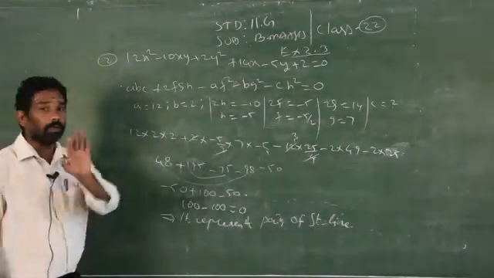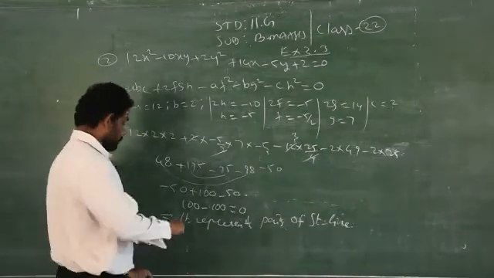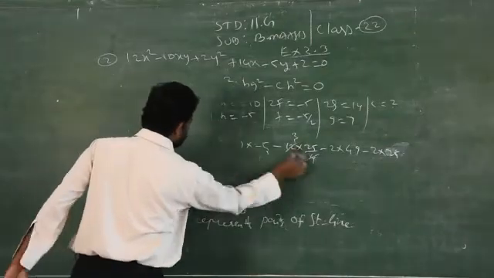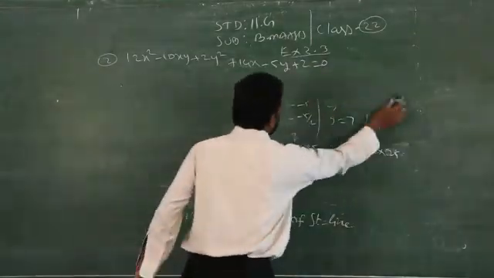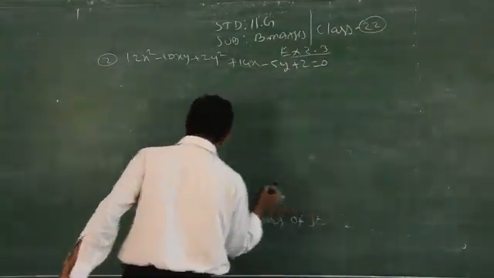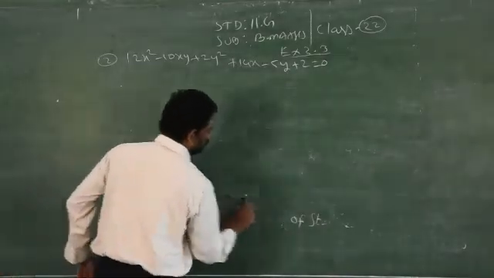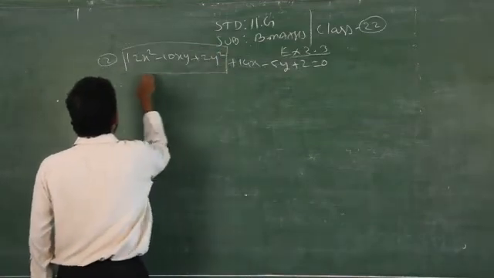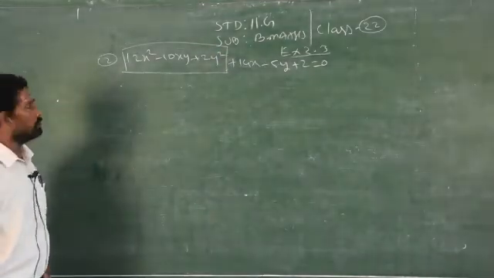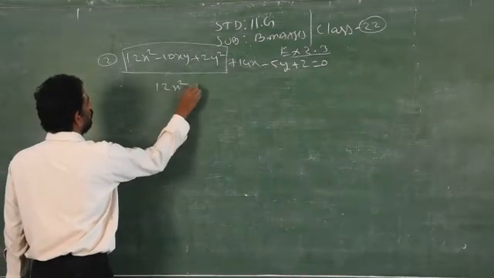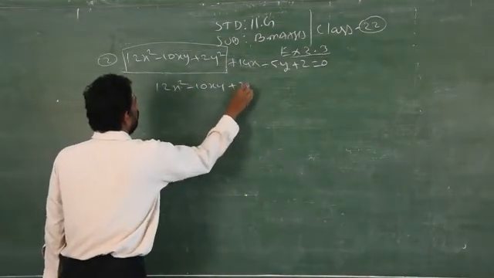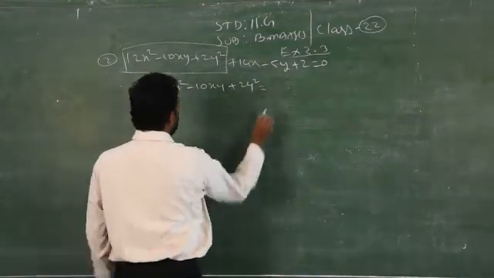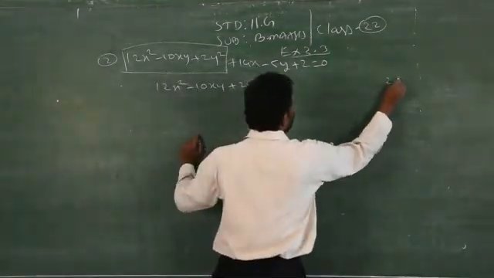One part is over, but you have to find the separate equations, for which you will go for another model. That is also very simple. Just remember the factorization that we studied in the 8th standard. To find the separate equations, you have to take only the first 3 terms of the given equation: 12x square minus 10xy plus 2y square. Clear? You know how to factorize.